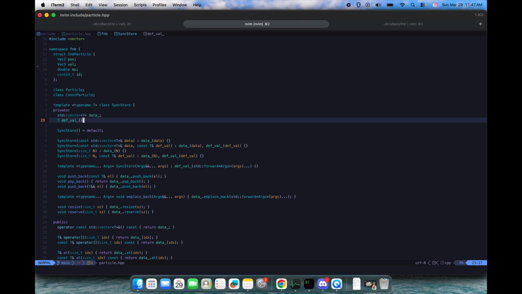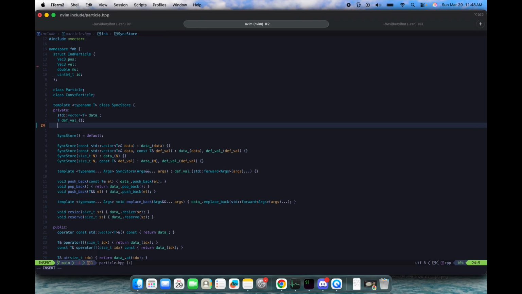Okay, so we're just gonna make this do. See if I can adapt my sync store to just put everything in one vector, which is actually pretty good for cache. So I think I'm just going to do